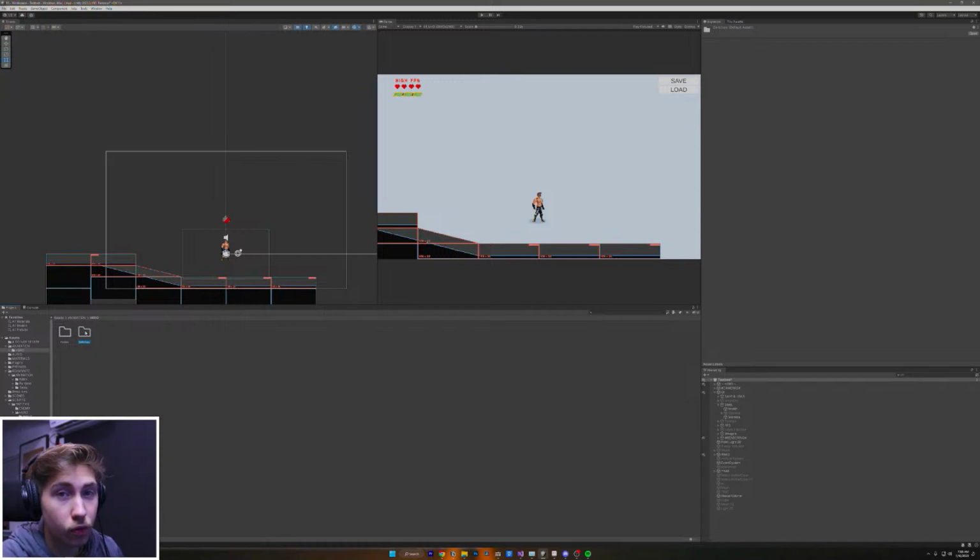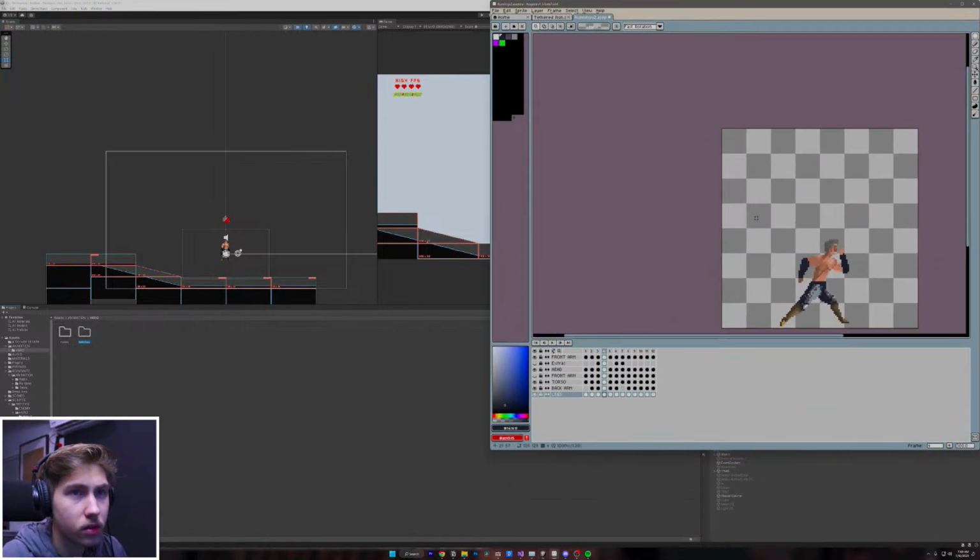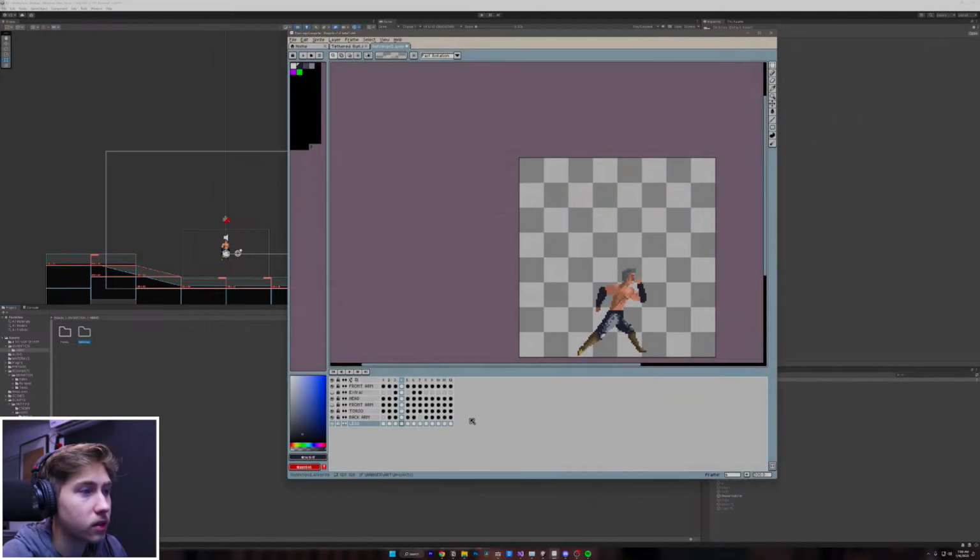It's going to be a lot of work, though, trying to get through all of the animations. And the animations are still changing quite a bit, but this should be good. One more thing. We have this run animation. I think it's this one. Yeah. So we have this run animation